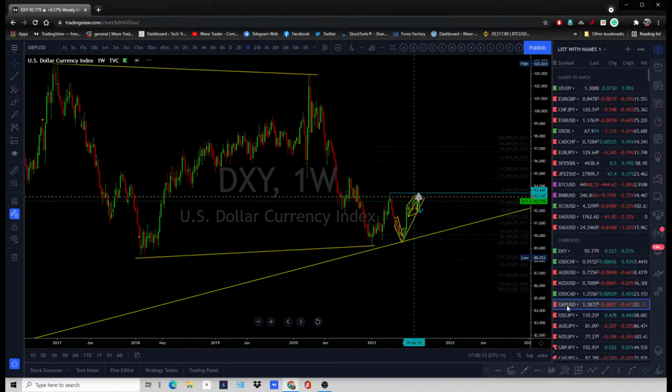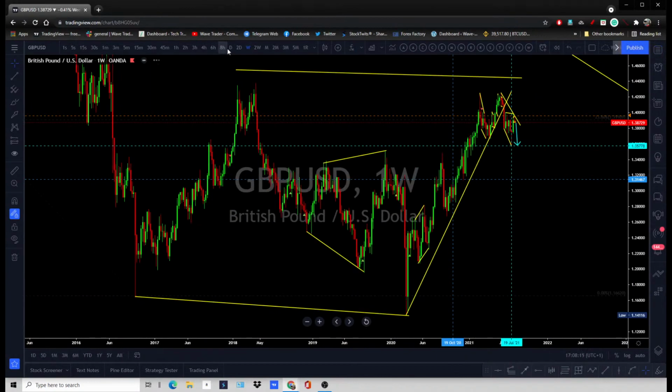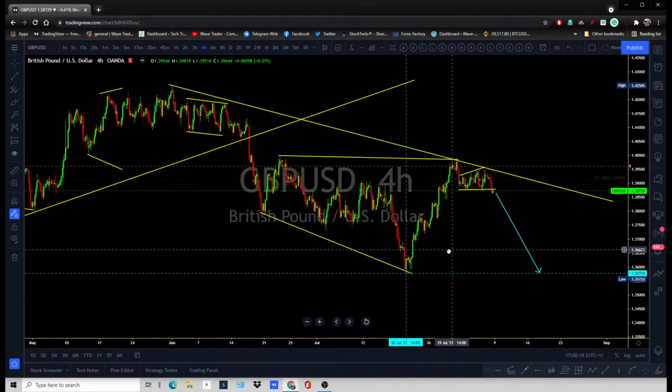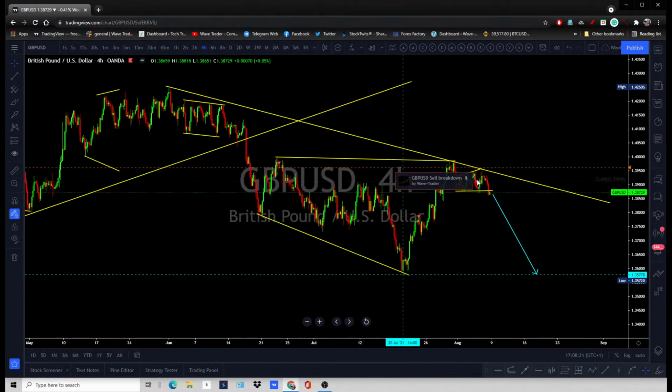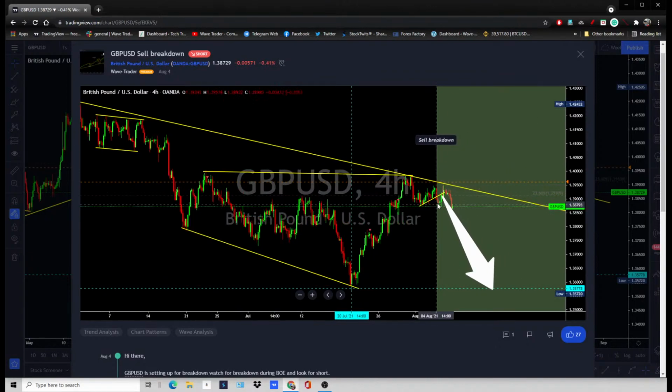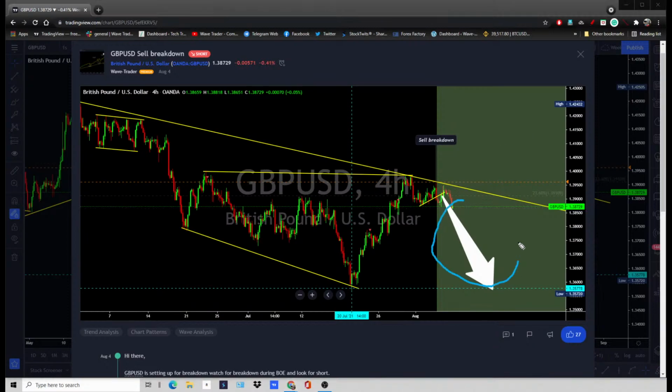If I look at the pound, there you can chase this drop. It was setting up for a breakdown, broke down, but again managed to get back, and is now trying to continue after having a strong NFP data. So there you can chase. The move is still to appear over there on the pound against the dollar.